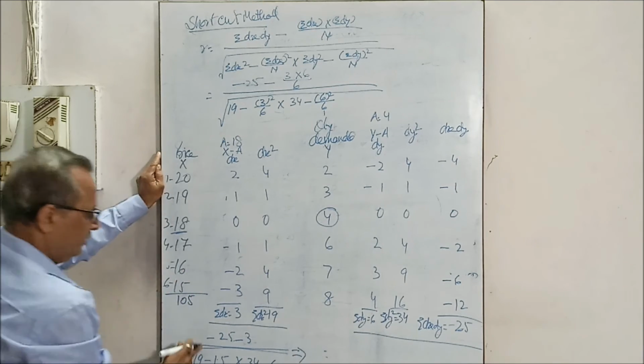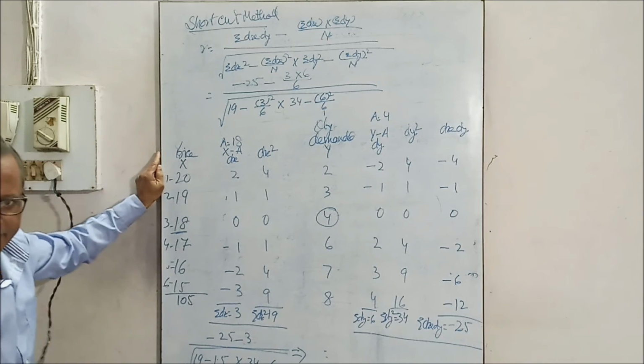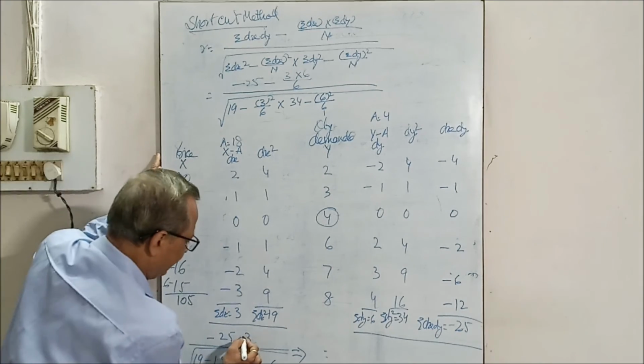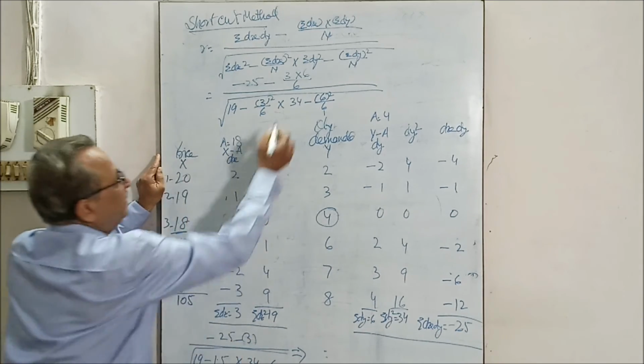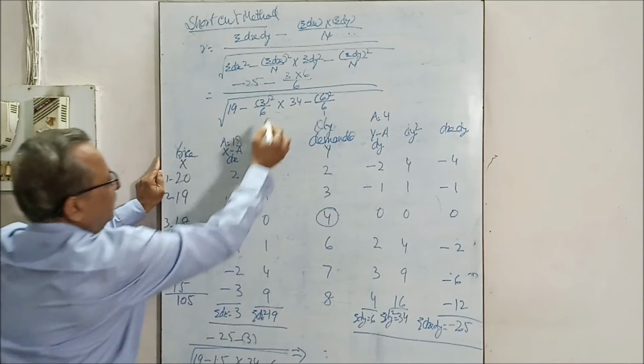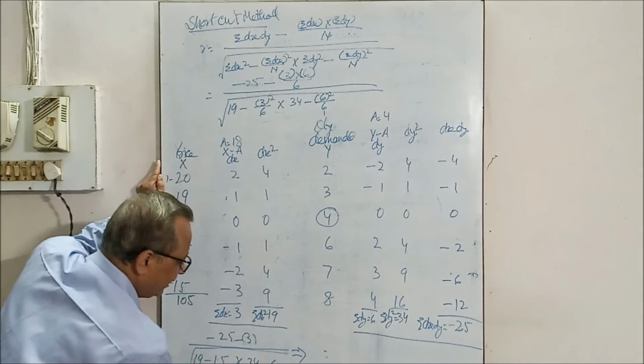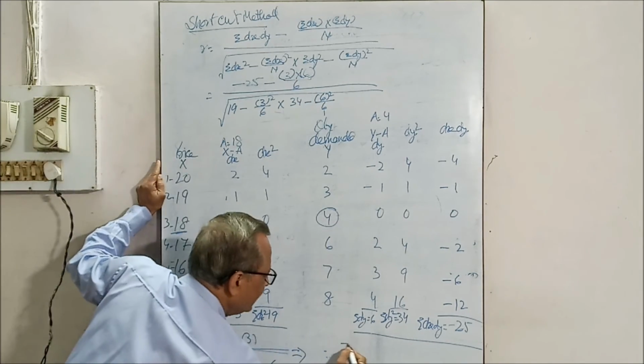Now see it, minus 25 minus 3, that is in brackets. So it is minus 22